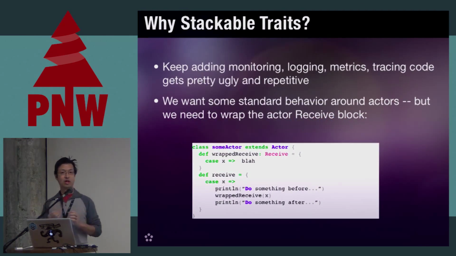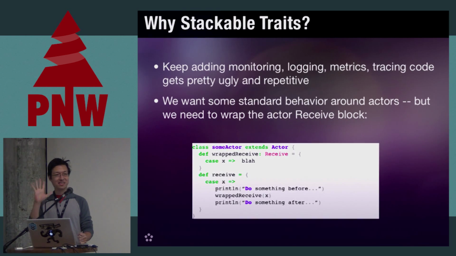Now, when you productionize code, your beautiful little functions start to look more and more complex, right? You add logging, you add metrics, and soon over 50% of your code is kind of production-y stuff. Has anyone seen that? That's right, everyone's seen that, right? So traits to the rescue.